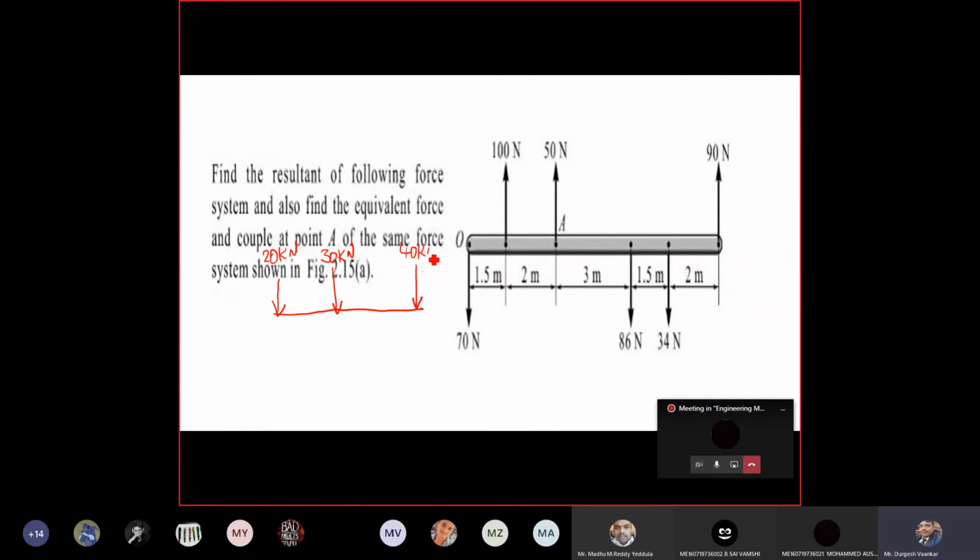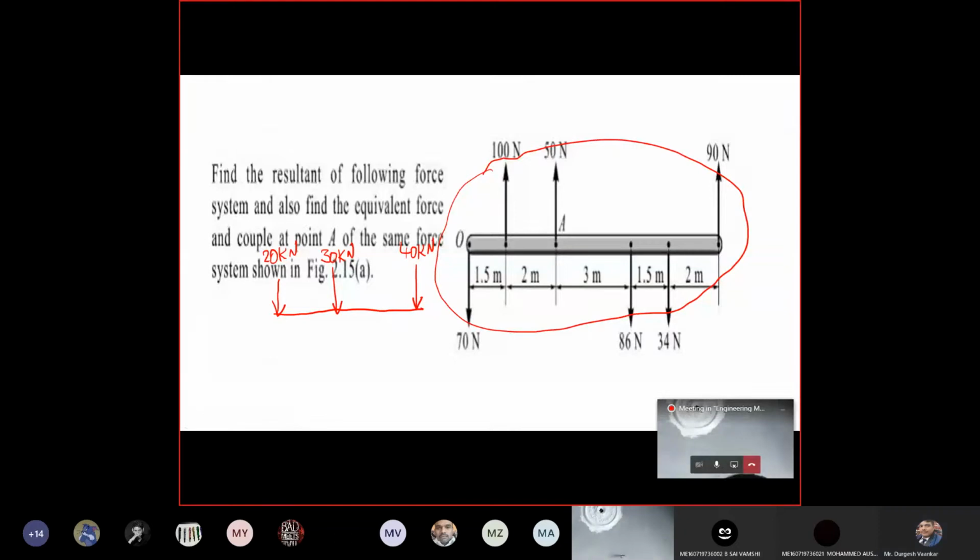Now tell me, rule number one, Vishal, tell me what is the resultant of this force? Effect of this force will be in the downward direction or in the upward direction? Net resultant. Downward, sir. Obviously, it will be downward. Now suppose if you consider this case, now tell me, resultant will be in the upward direction or in the downward direction? It is in the direction of net force. In this case, you told, sir, the resultant will be acting in the downward direction. It is correct, because all the forces are acting in the downward direction.